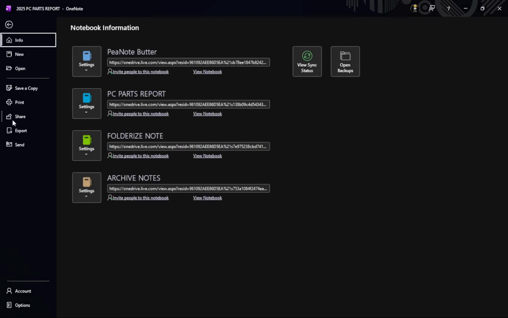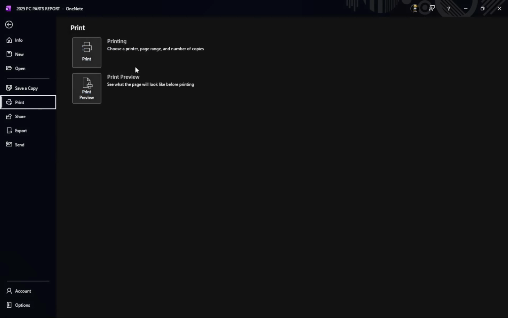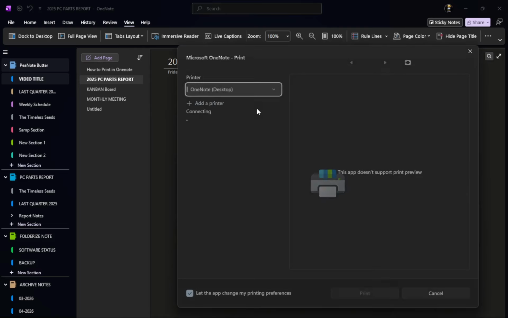After clicking File, proceed to select Print and then click on Print again. This action takes you directly to the print setup screen. Here you will see options specific to your printing needs. It's important to be attentive during this step because the choices you make here will affect how your notes appear on paper. You can expect a smooth transition from the menu to the print settings, which is designed to be user-friendly.